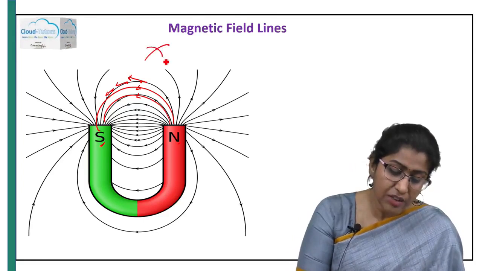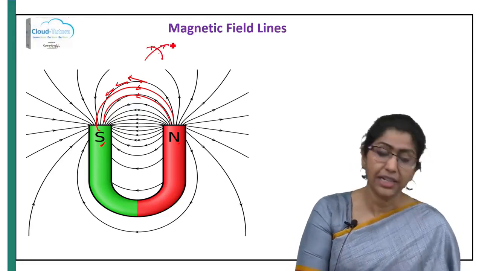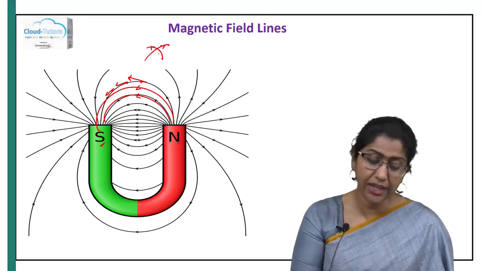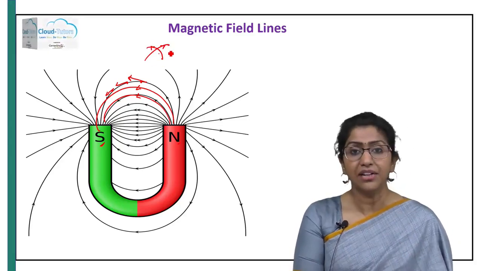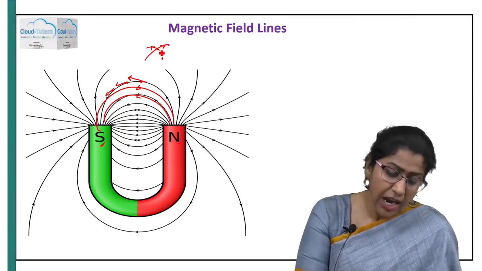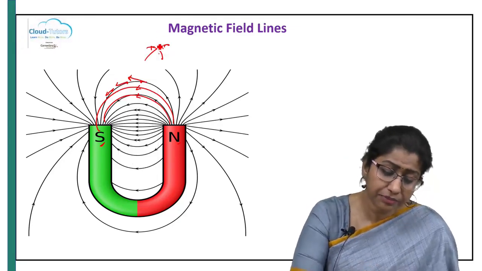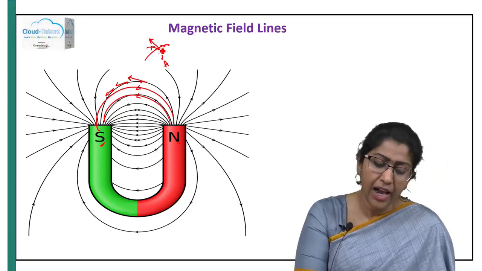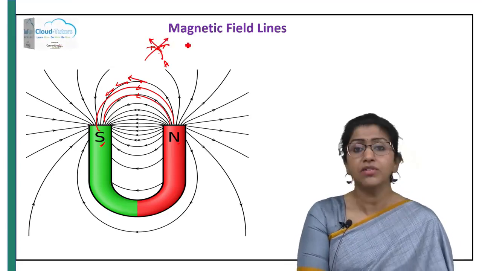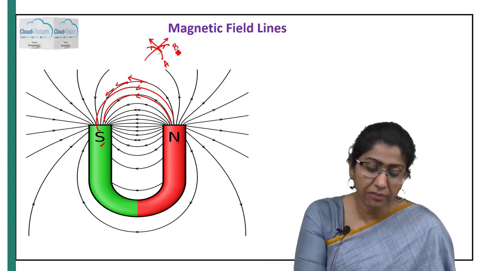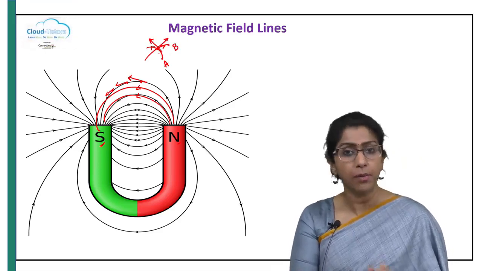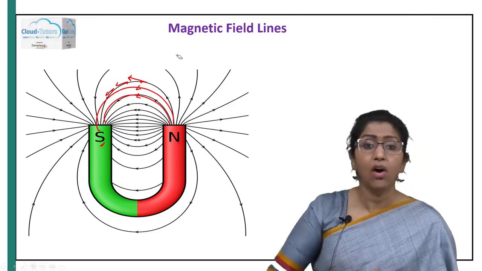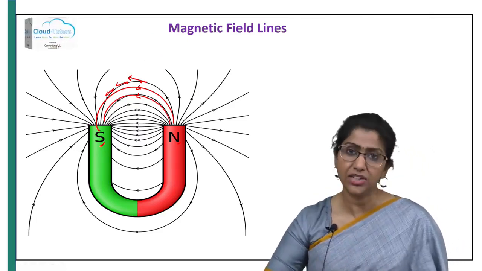Say if these are the two magnetic field lines that are intersecting, it cannot happen, but I'm just giving an example. Hypothetically, if these two are the magnetic field lines intersecting with each other, at this given point, this should be the direction of the magnetic field for curve A, and this should be the direction of the magnetic field for curve B, which is absolutely not possible at all. Hence, the magnetic field lines have a property of not intersecting with each other.